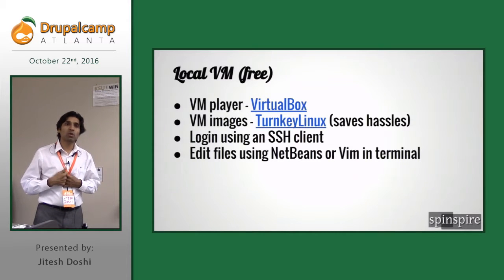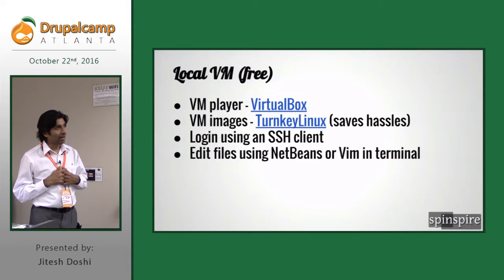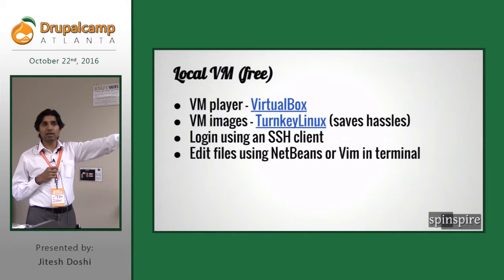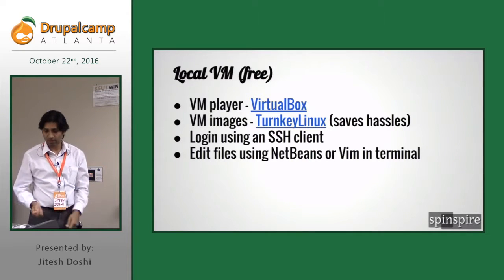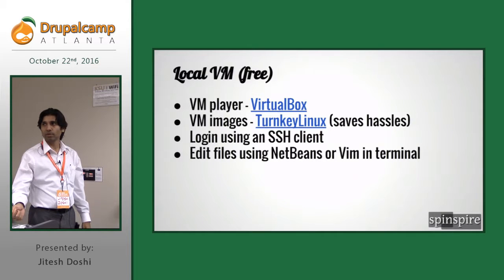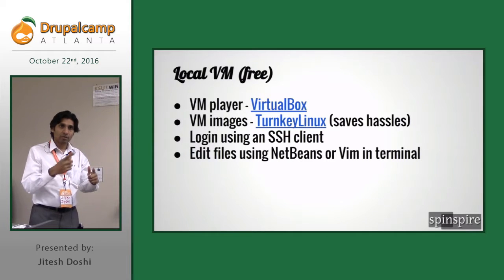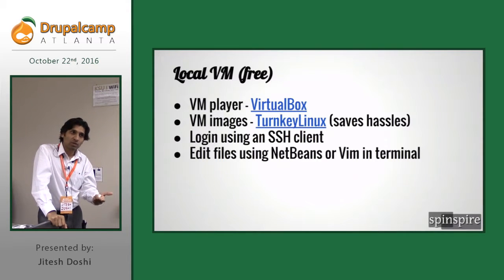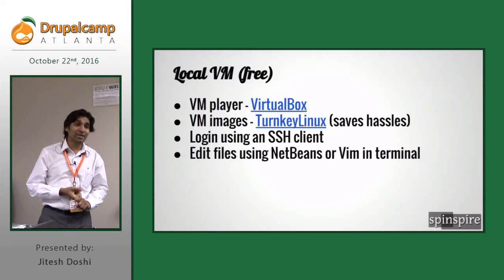And then it will ask you, do you want to attach an optical drive, which is a CD-ROM drive basically. And at that point you say yes, and then you would have downloaded one of these Turnkey Linux ISO images. You use that image as if somebody has inserted a CD-ROM into the computer. You attach to that ISO image, and then when you boot from the CD, which is booting from the ISO image, you install it into your virtual machine.